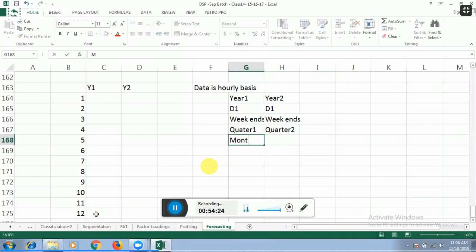Month 1 versus month 2. Or like this, can you compare a different level of granularity? You know, the comparison is day 1 and day 2. So that means that if I compare across days, the pattern is similar. For example, if the data is on an hourly basis, assuming that this is electricity demand,